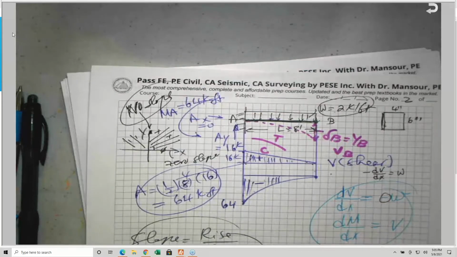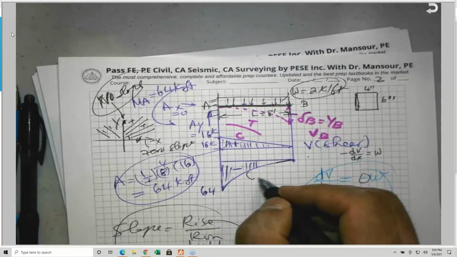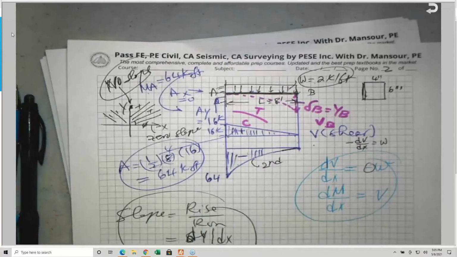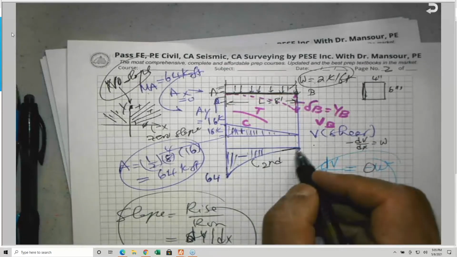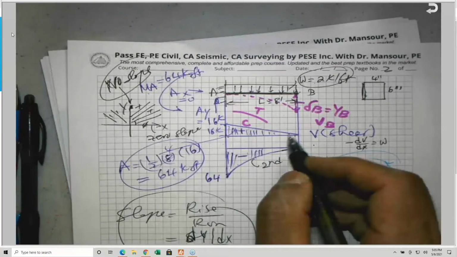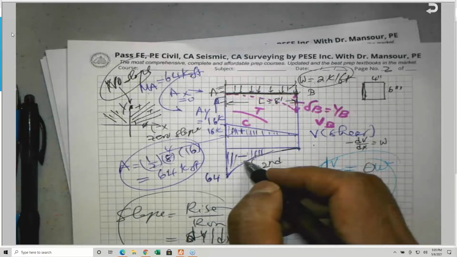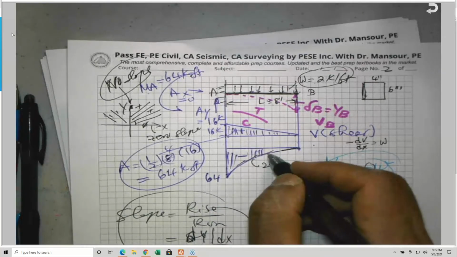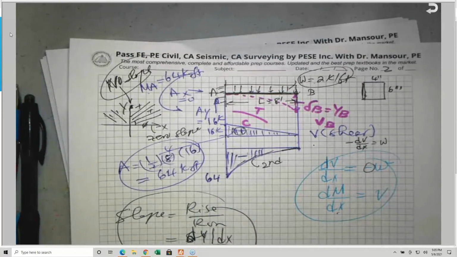Okay? And the same story, dm by dx. dm by dx is equal v. If you look to the slope, this is the second degree, by the way. The slope of the bending moment here is equal what? dm by dx. What is the slope of a curve? You draw a tangent. A tangent is horizontal, and the horizontal has a zero slope. This is why the shear is equal 0. And after that, the slope is, as you can see, and all these slopes are positive because the shear is positive. So the point I would like to make here is very important to know the positive and negative shear